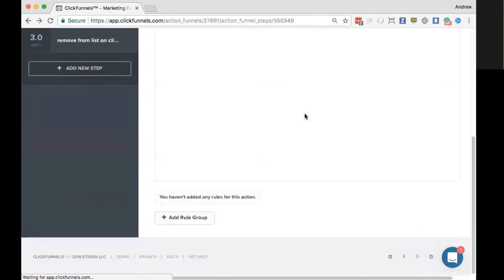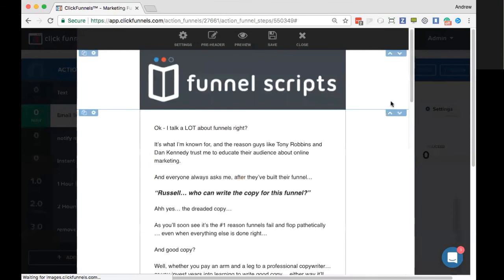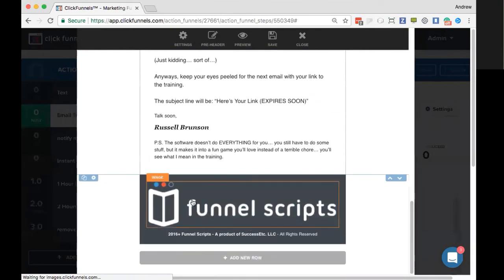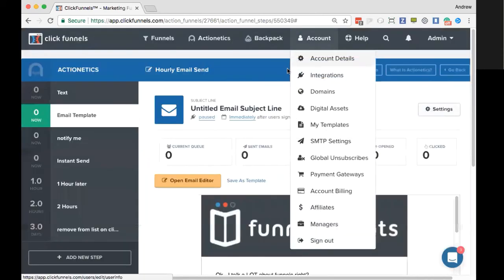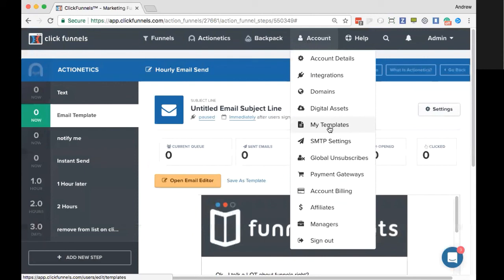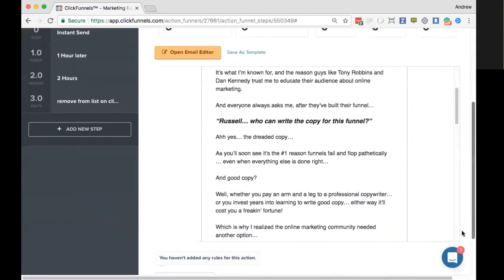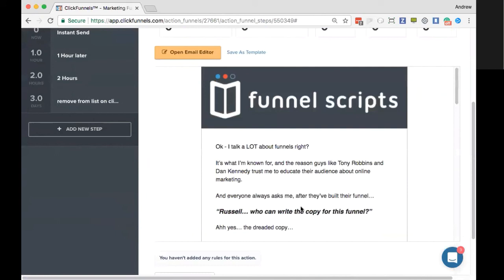So for example, this one, if you wanted to add in your footer, whatever it was that you were setting up on this particular page, you simply set this up how you want to, create whatever images that you want inside of here. And then the very next thing that you want to do is actually save this as a template right here. Once you've saved it as a template, you'll go into your templates, right here where it says My Templates, and then you'll be able to activate that template. Once you've activated that template, it'll become available for you to select as your basic email template. Now, that's pretty much the only process that we have in here to be able to accomplish that.